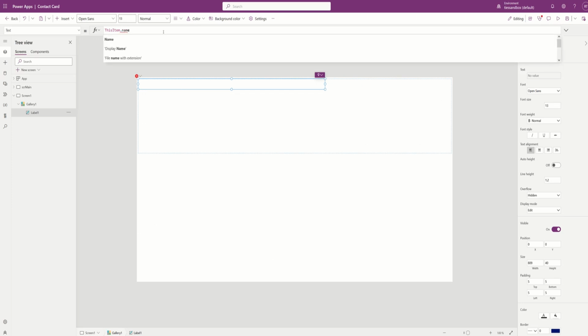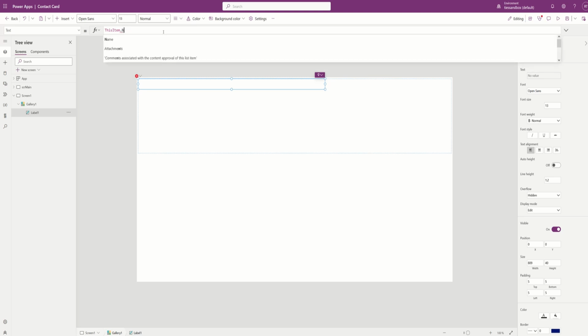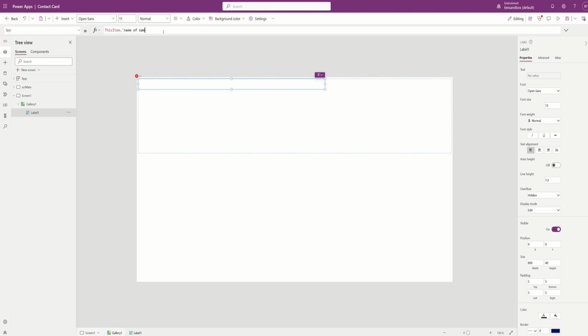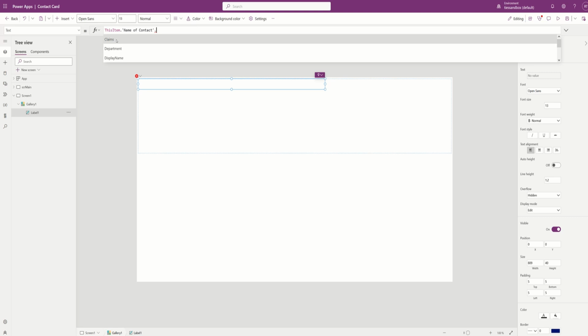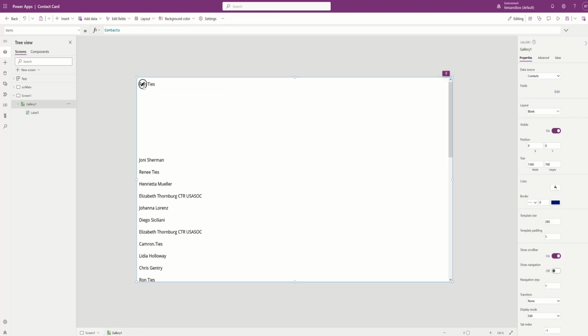Name. There it is. I guess it's just being slow. Name of contact.Display name. It's a people picker field inside SharePoint, so now we want our template size to match our label,